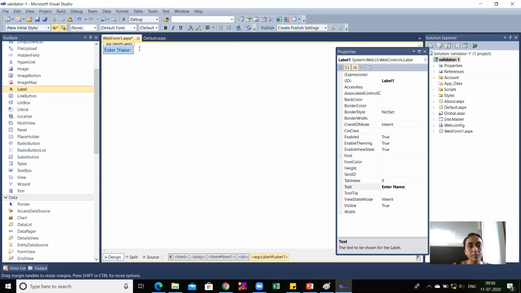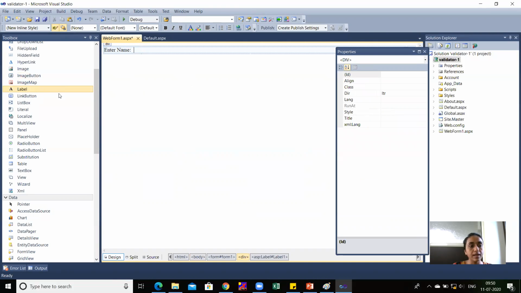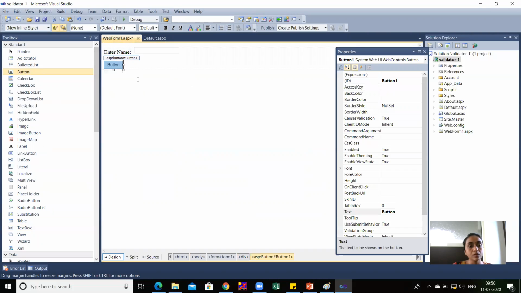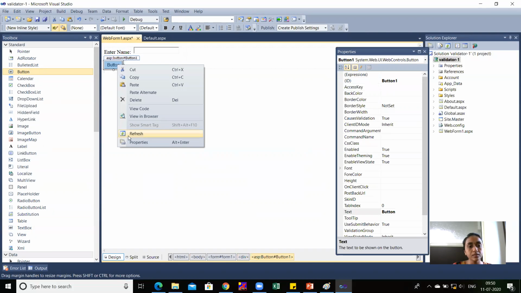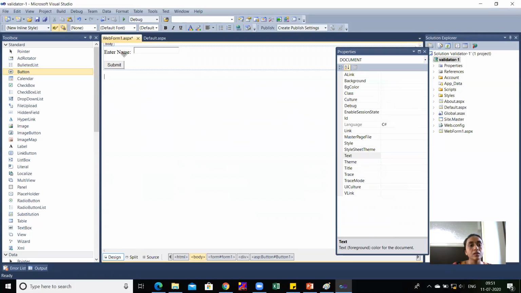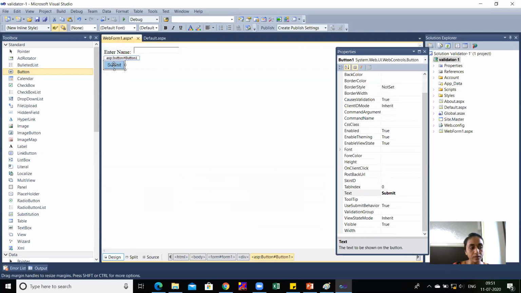Now it is a label, and after the label I'll take a text box on which I'll apply the required field validator, and then after that you can enter any button, and I'll write the button property, which is Submit. So button text is Submit. Now I have taken these three controls, label, text box, and button over here.